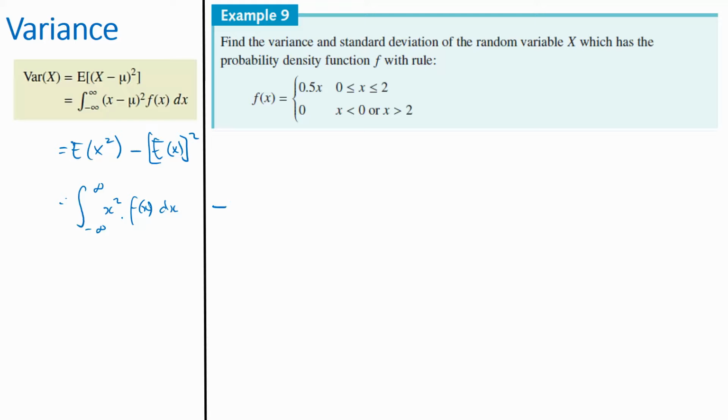What I'm trying to say is that when we say E of x, it was integration of x times probability. Now for variance it's x minus mu squared times your probability. Over here it's the same thing: E of x squared, instead of x, I now have x squared times the probability. The minus on that side would be integration from negative infinity to infinity of x times f of x dx, all squared. I've just changed my theory from chapter 13 to chapter 15.